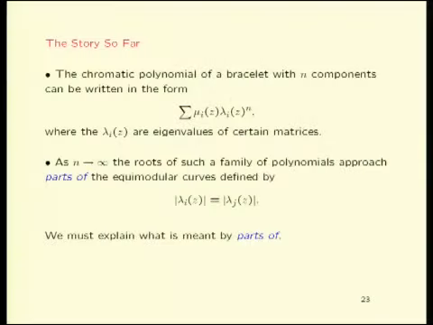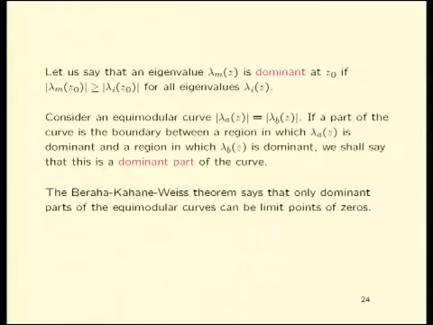We've decomposed the chromatic polynomial into this form, and from the Beraha-Kahane-Weiss theorem, we know that the limit points, the roots of the chromatic polynomial as n gets larger, are going to accumulate on these parts of the equimodular curves, and I've got to tell you what parts of means. So this obviously has to do with dominant eigenvalues, and we heard in parts of Svante Janson's talk yesterday and in Robert's as well,